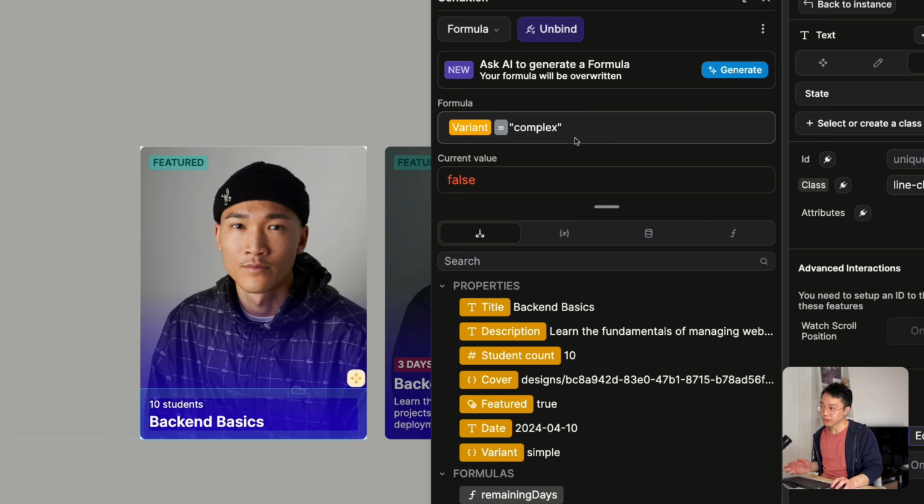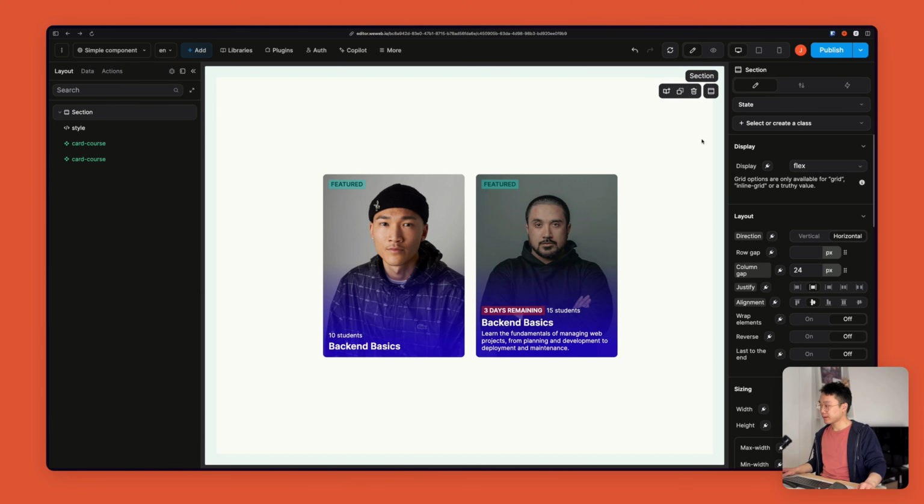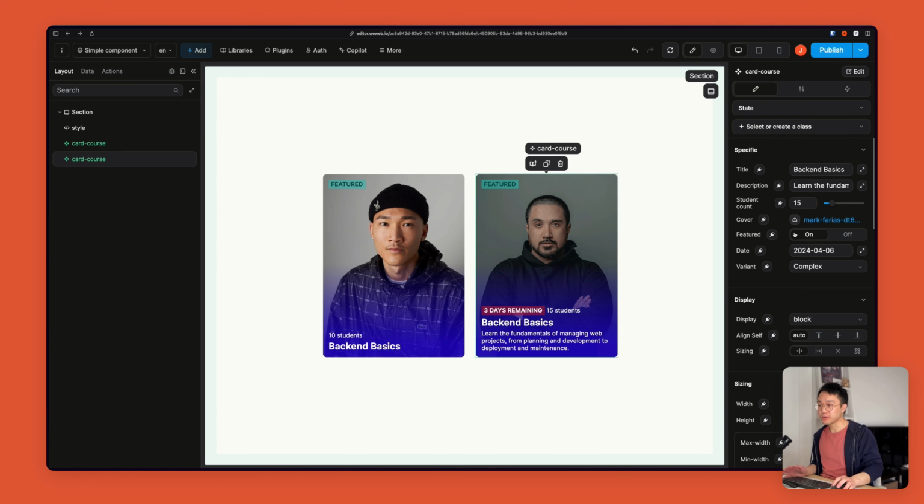Else, if it's not equal to complex, then it will be false. And just like that, I can go between complex and simple and display the description or not, depending on the use case. We have completed our component now,